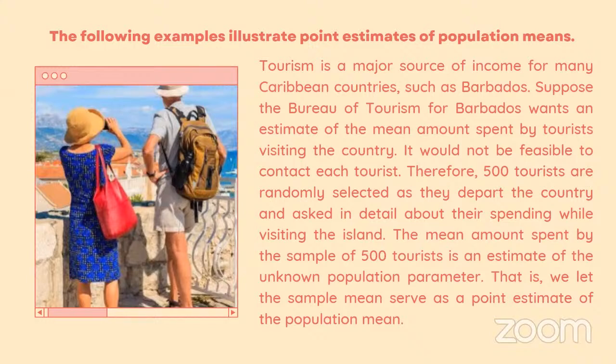The following example illustrates point estimate of population means. Tourism is a major source of income for many Caribbean countries, such as Barbados. Suppose the Bureau of Tourism for Barbados wants an estimate of the mean amount spent by tourists visiting the country. It would not be feasible to contact each tourist. Therefore,